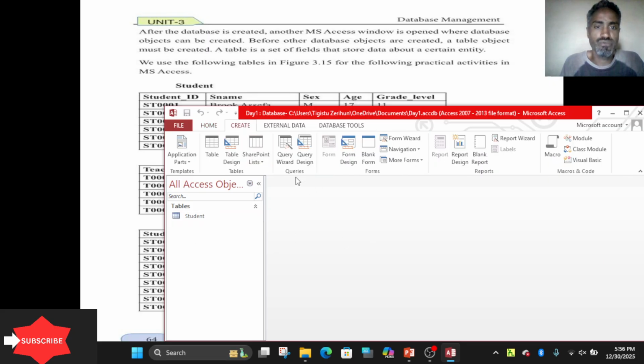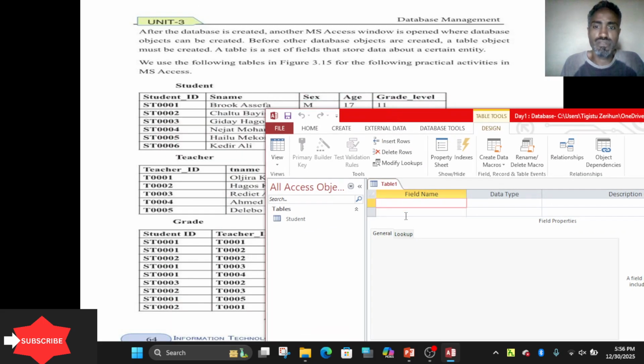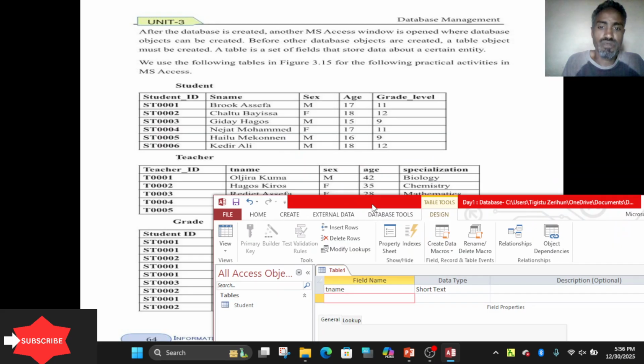Create another table, which is table design, teacher table: teacher ID, T name, sex, age, specialization.